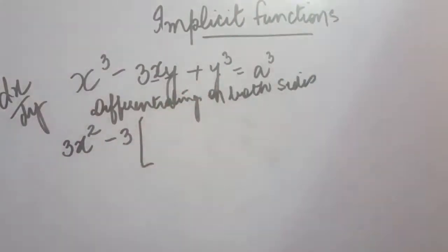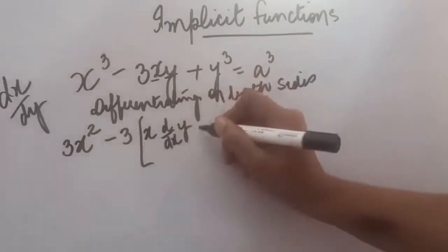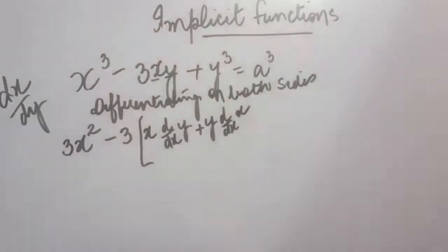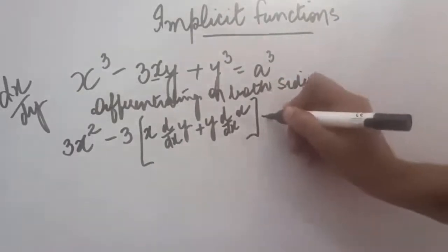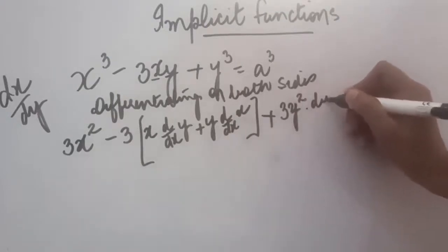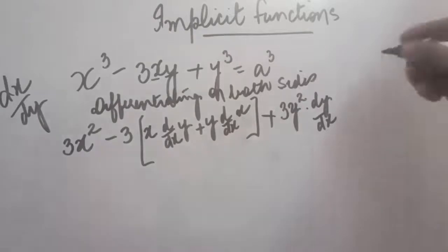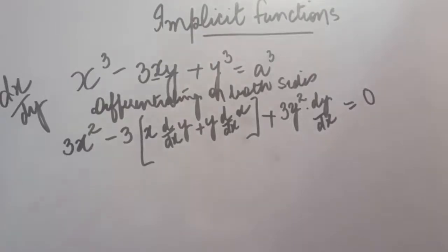I hope you all remember, when two things are multiplied, we apply the product rule. So first into differentiation of second, that is y, plus y into differentiation of first, that is x. So I have applied the product rule for x and y. Let us close this bracket, plus y cube. The differentiation of y cube will be 3y square into dy upon dx. Where this dy upon dx has come from, we have seen in the previous question. And if we take the differentiation on the right hand side, as I discussed with you, it is a constant, so its differentiation will be 0.